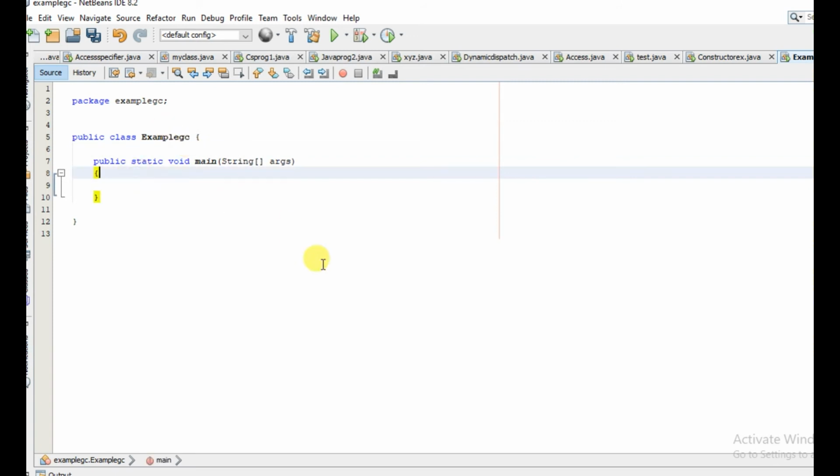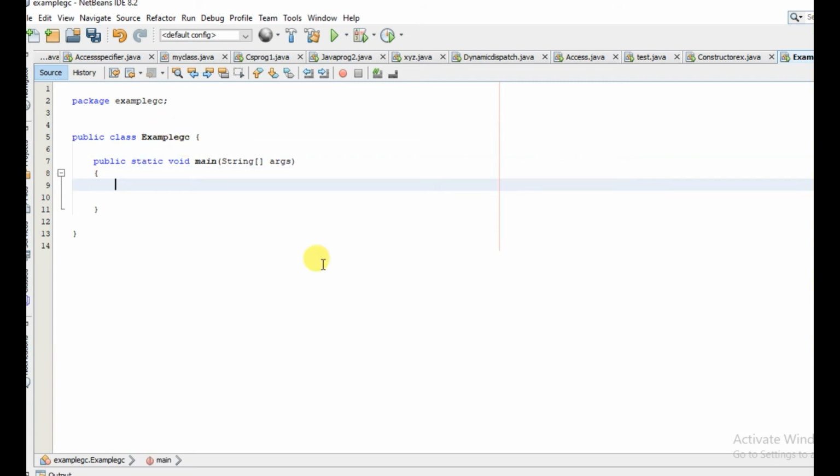Now let us create some objects of this example class. ExampleGC ob1 is equal to new ExampleGC.